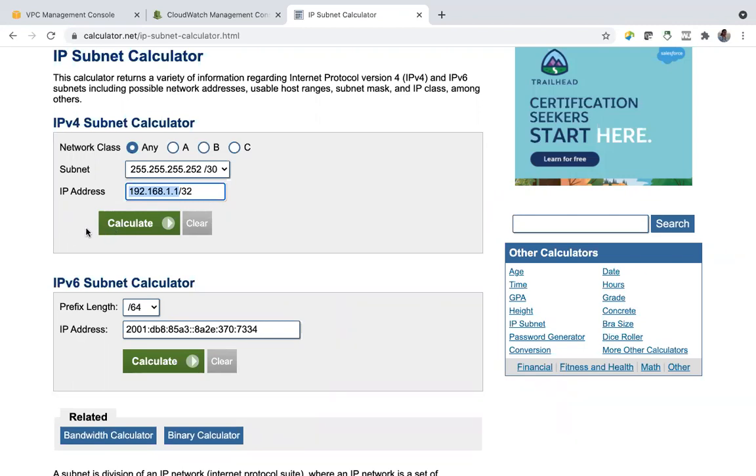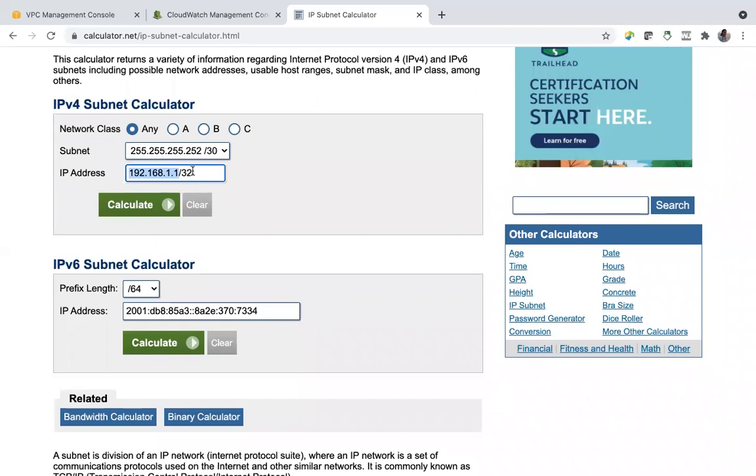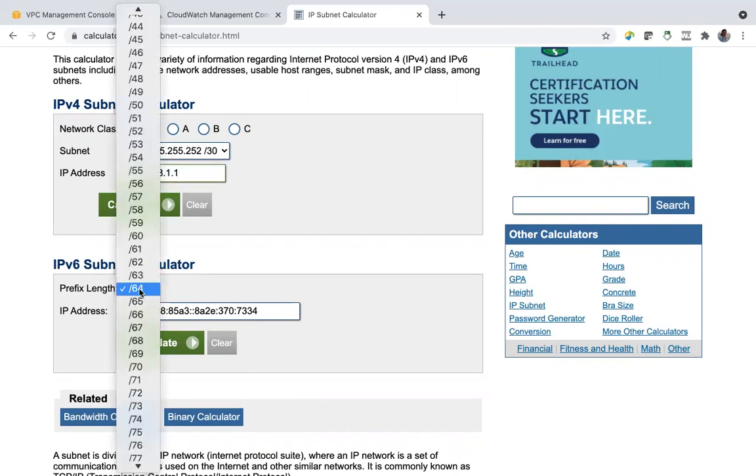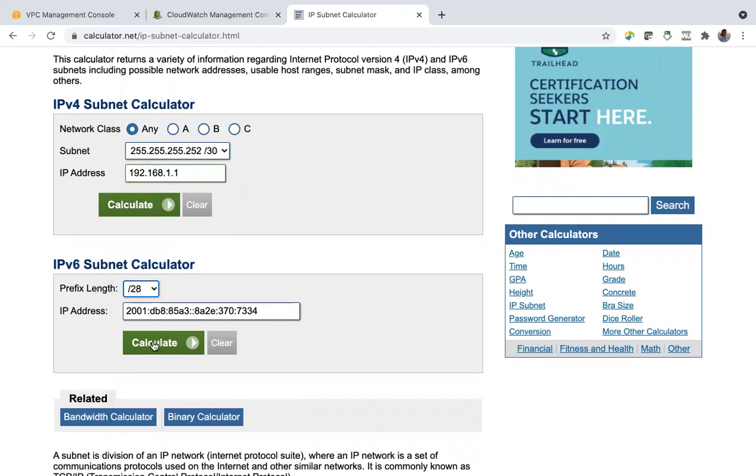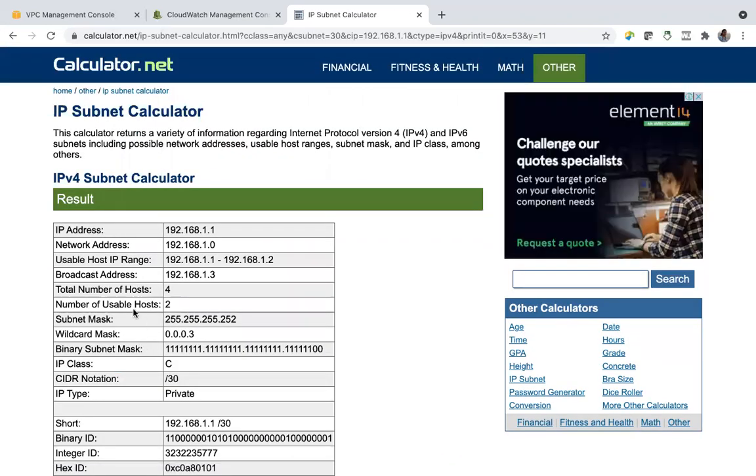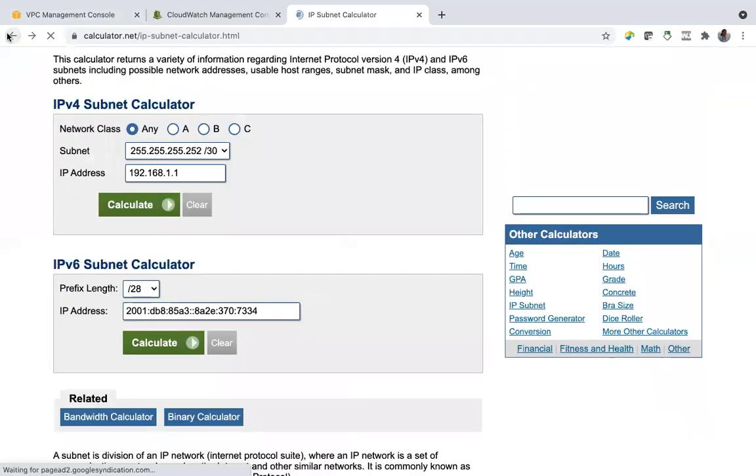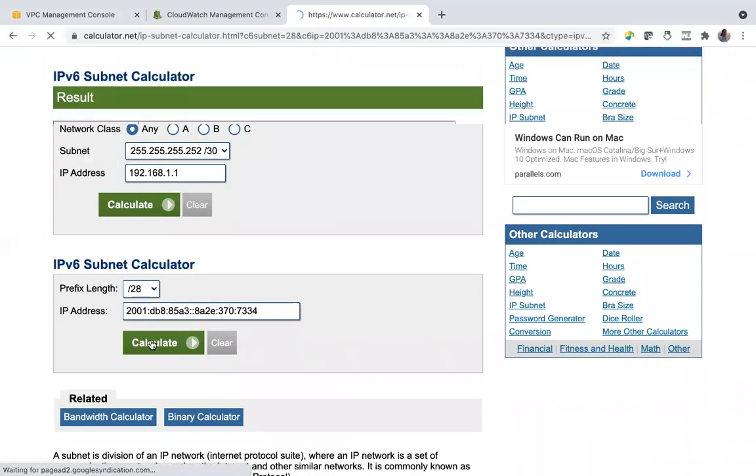Let's calculate. Okay, this is my IP address, and here we will give the prefix length /28. Let's say /28. Calculate.